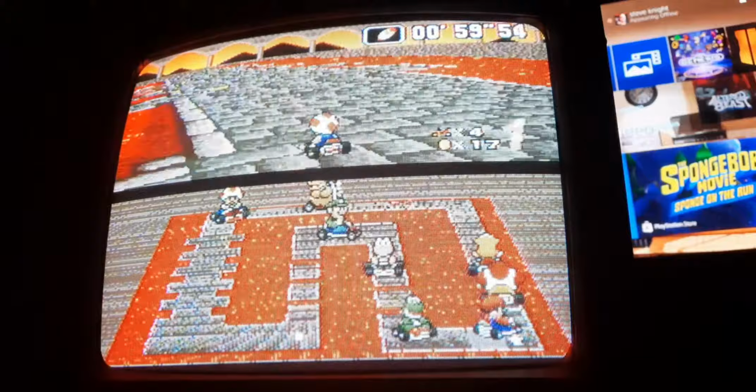Okay, so I thought it would be interesting to see the difference between a modern television and a picture tube television and see how the game is as far as input lag goes. And all I can say is, in my experience, there's almost none. If I were to say there's any input lag at all, it's maximum 100th of a second, maybe even less. However, that can be beneficial when playing on a modern TV because that gives you 100th of a second more